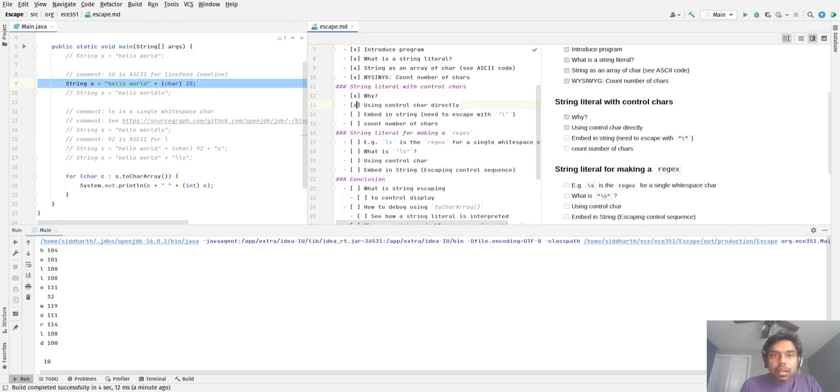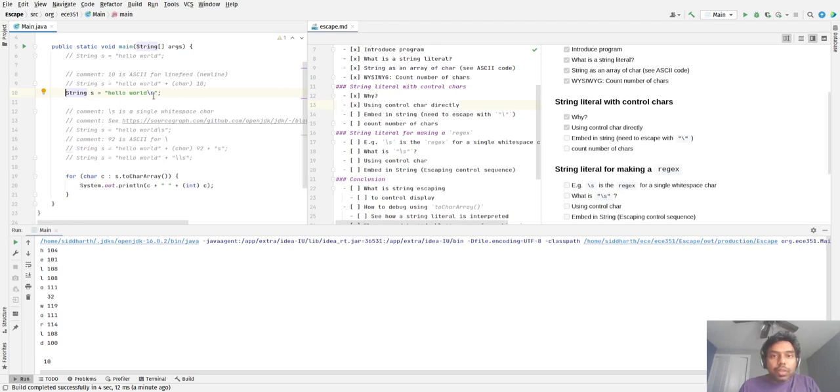Now the other thing we could do, instead of adding a code, a more convenient thing, is to add it inside the string literal itself. Once you embed it in the string, you need to tell the display, or whoever is processing the string, that this is a control and this doesn't need to be output to the display.